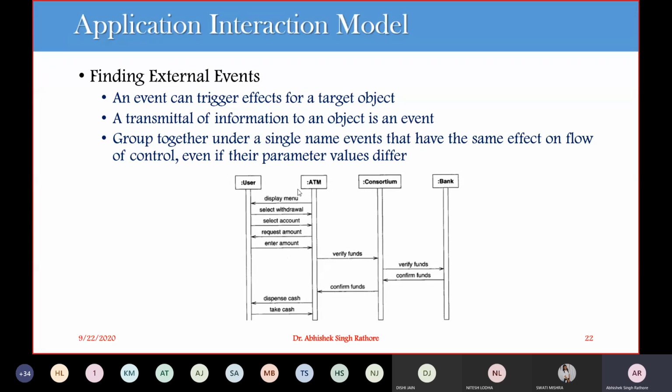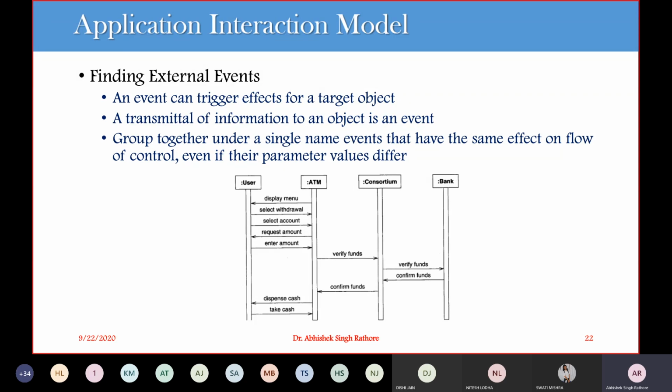So what is the external event? Your ATM displays a menu when a particular user inserts a card into your system. So your ATM system displays a menu. This is again an external event that is triggered by the user when he inserts a card. Then he selects. So what are the contents of your particular menu? It solely depends on the later phases of your class design: what are the items that should be displayed to your user? Then we'll go for selecting our withdrawal cases.